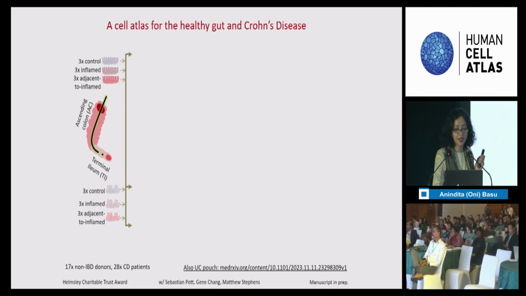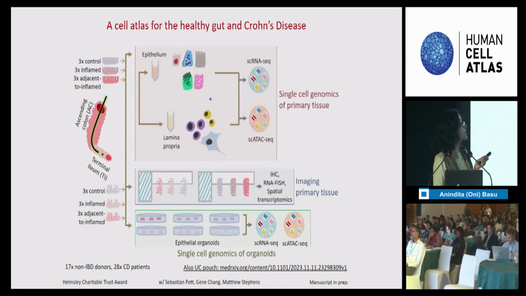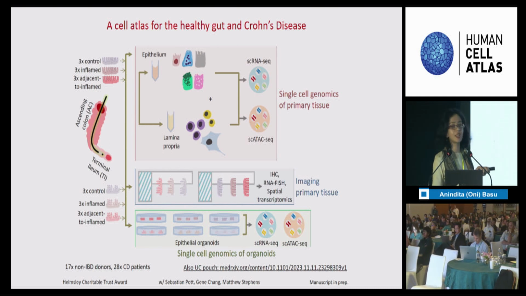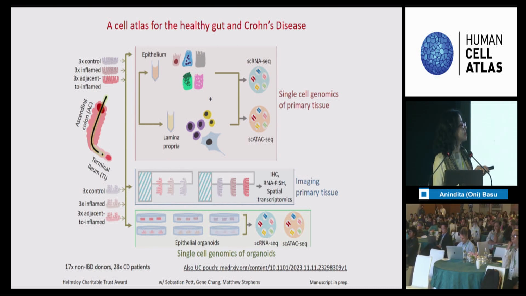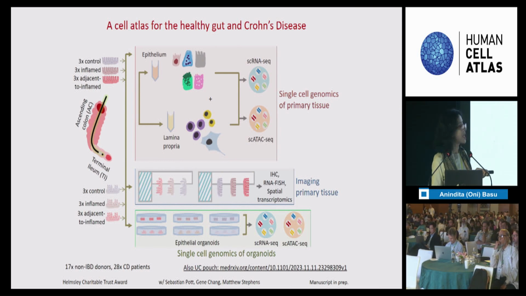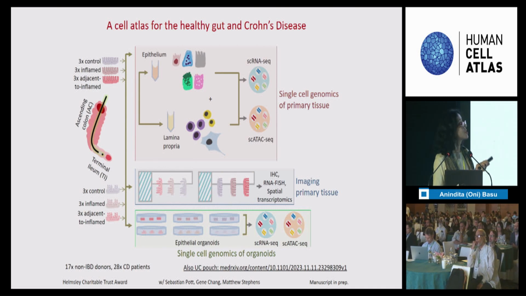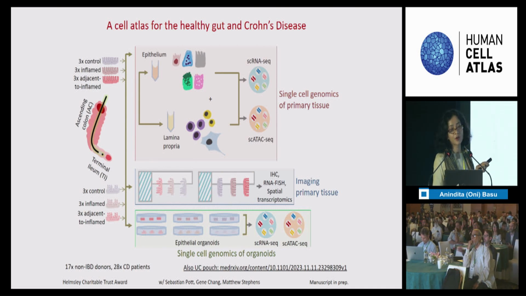So that's a caveat. We then go ahead and do single-cell ATAC-seq and single-cell RNA-seq. We do the validation either by traditional methods and some spatial transcriptomics, and then we also establish some organoids, which I'm not going to be talking about today. So this project for the Human Cell Atlas is for Crohn's disease, but we are also looking at ulcerative colitis and a particular advanced disease stage called pouchitis and pouch. There's a preprint out for this, which also leverages some of the control data set that we generated for